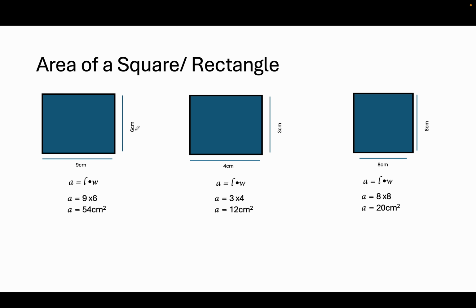So we have 6 times 9, because it's still length times width. So that is 9 times 6, which is 54 centimeters squared. So if you got 54 centimeters squared, give yourself a check. If you got